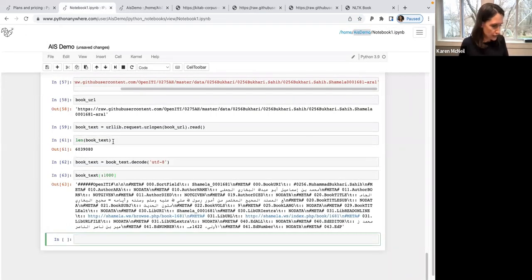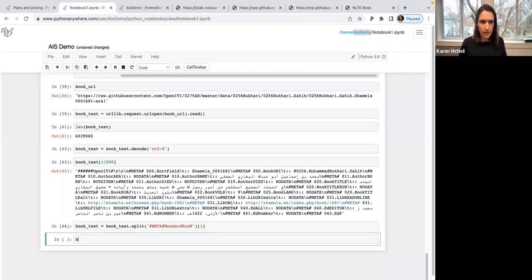So what we're going to do is split the text again, like we did when we made tokens, but instead of splitting on spaces and having every word, we're just going to split it into everything that's before that meta text and everything that's after. Everything before will be the first item in the list, and everything after will be the second item in the list. And we only want the second item. In Python and most other programming languages, all the indexes start with 0, so the first item is 0 and the second item is 1. So we're going to just take the 1. And now if we look at it,